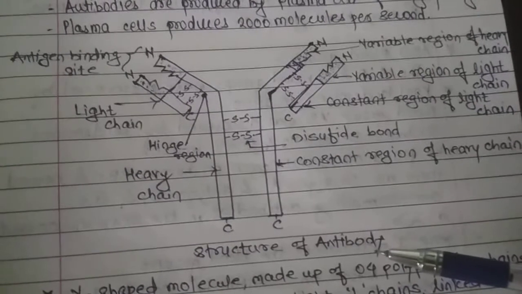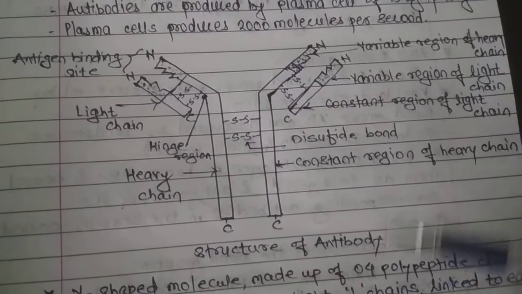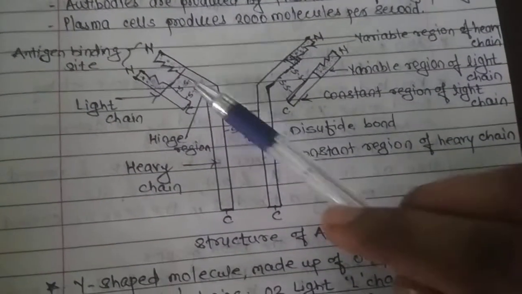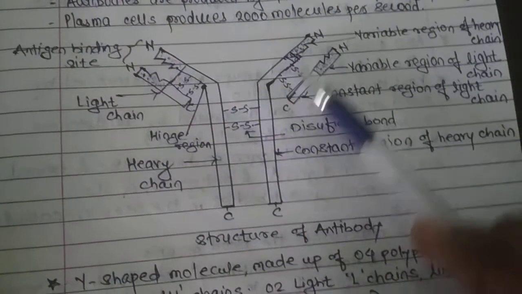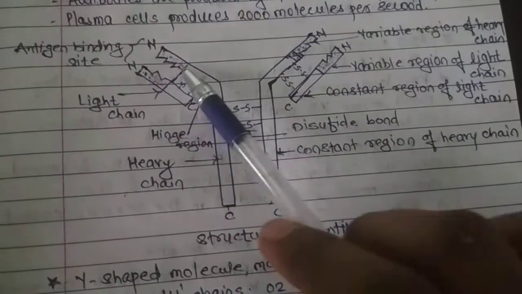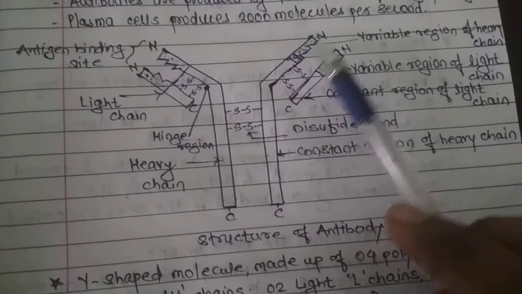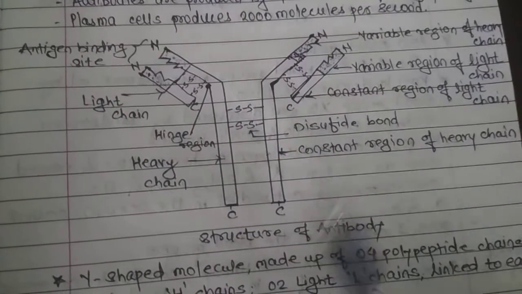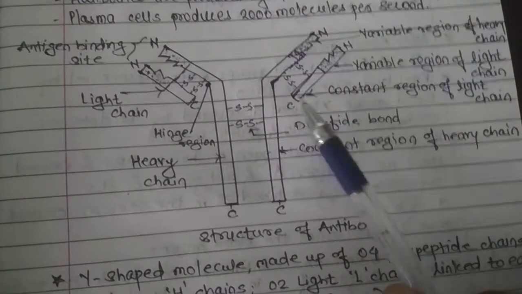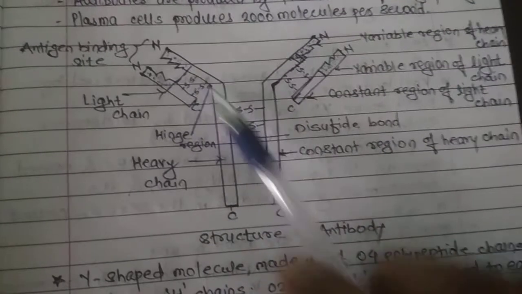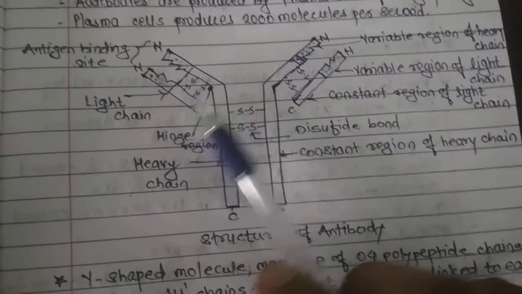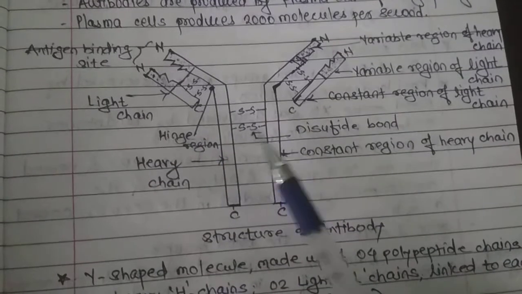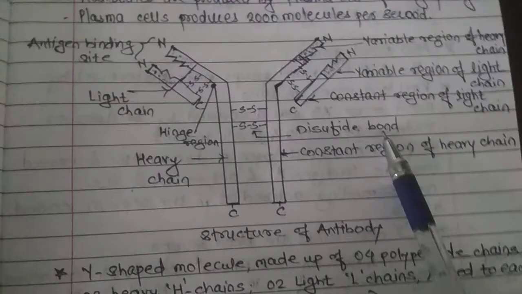This is a very important diagram, very important to understand that this antibody molecule consists of 2 chains. So see, first of all, it looks like a Y-shaped structure. The Y-shaped structure consists of 2 ends, amino end and carboxyl end. Here also amino end, carboxyl end. Similarly here also. So these 2 chains are attached to each other by means of a disulfide bond.